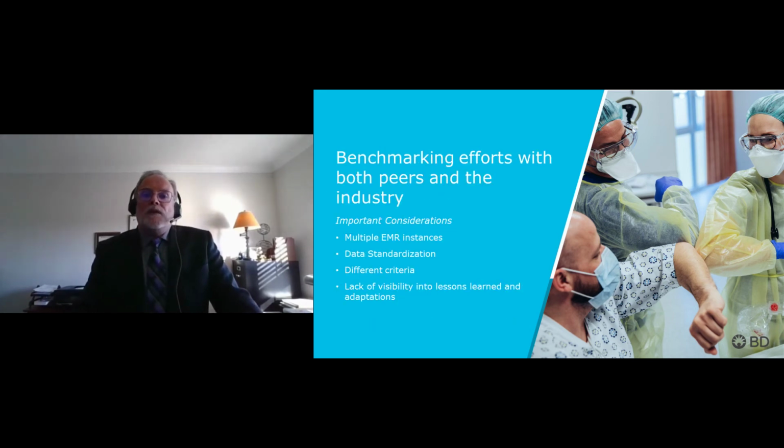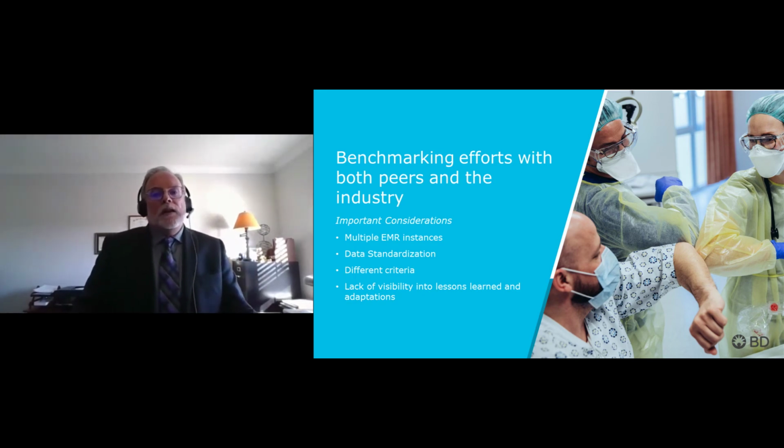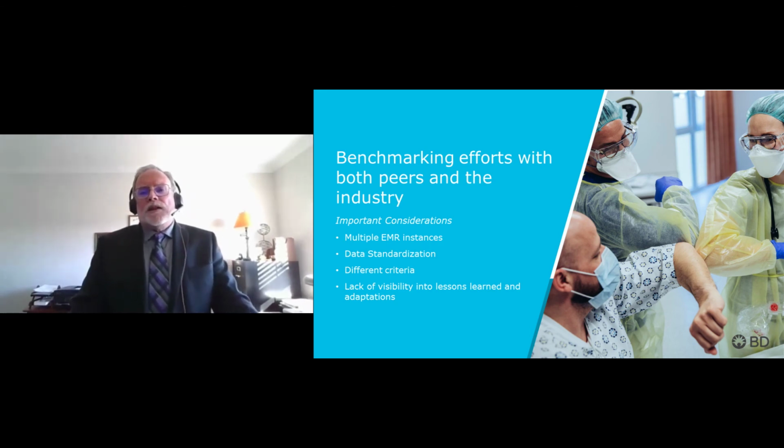Okay, and that brings us to benchmarking. So when we think about benchmarking, things are complicated in a number of your organizations. For example, acquisitions take place. Changes happen with different hospitals coming together. They may or may not be homogenous in terms of their EMRs, or if they use the same one, maybe not the same instance. So a process that's going to be successful is going to have that ability to take